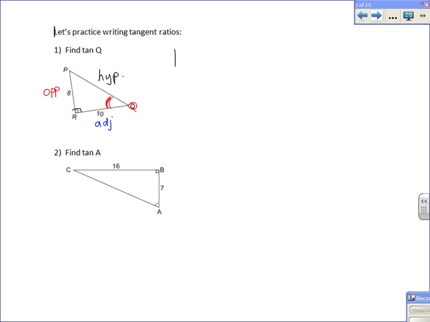To find the tan of Q, I'm going to use the tangent ratio. And the tangent ratio of an angle is equal to the opposite over the adjacent. Okay, so now I've already said that my opposite was equal to 8. Here's my opposite. So this is going to be equal to,